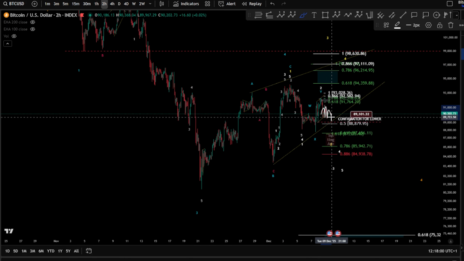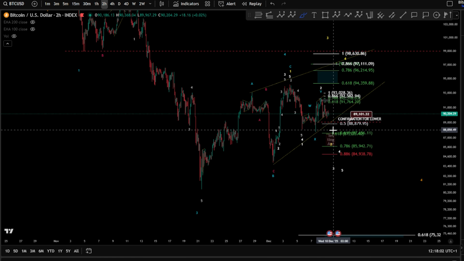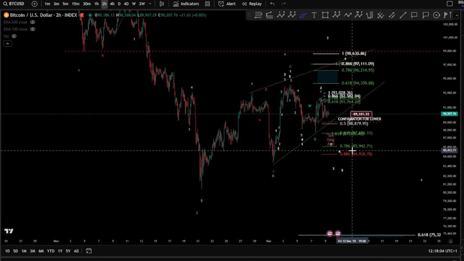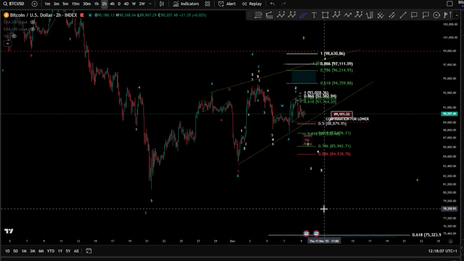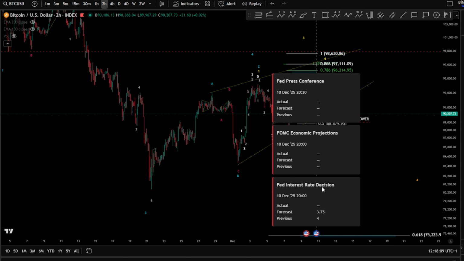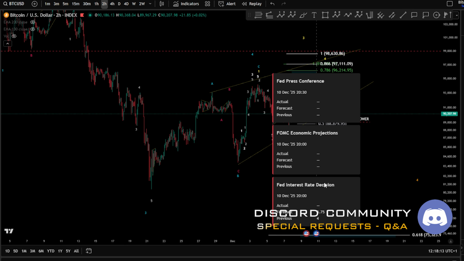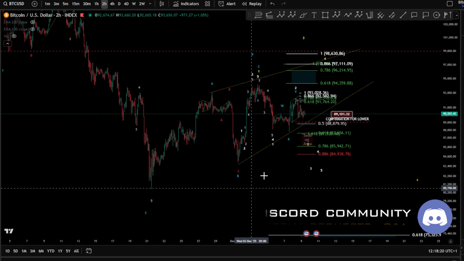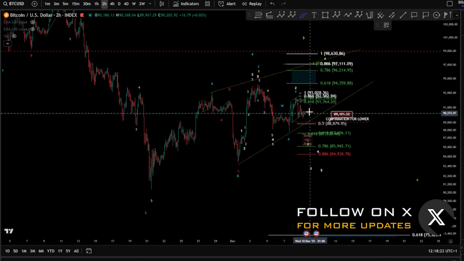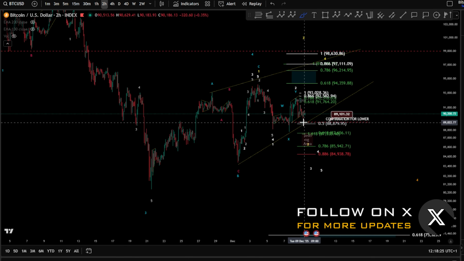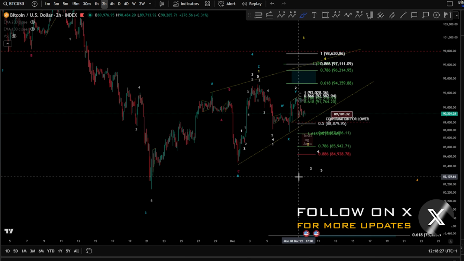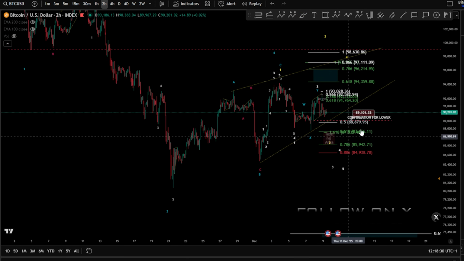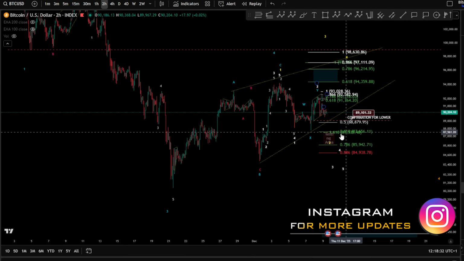Now, you can expect that the market is going so much sideways, and it is the calmness before the storm, if you want to say, because always when an interest rate decision comes in, the market calms down so much. Precaution is taken by almost all traders, just waiting for the rate decision to see what's going to be, and then entering the market when it happens. So yep, these are the things to update here for Bitcoin.